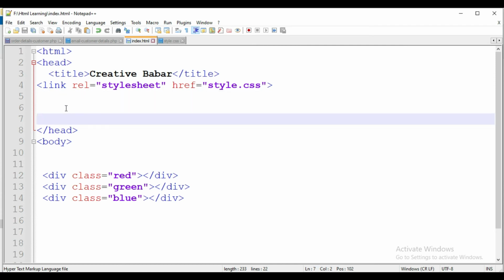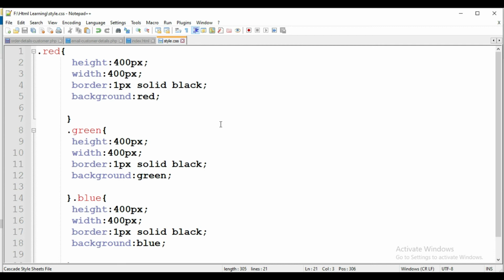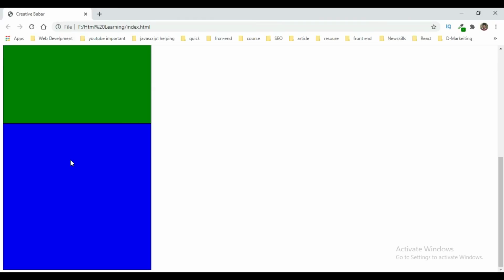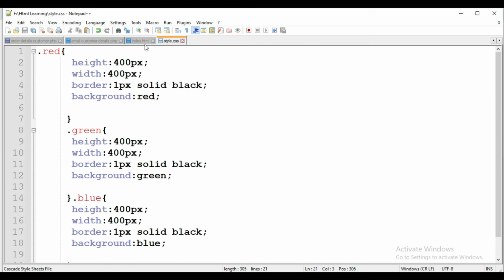It increases the size of the page and the number of lines. But if we put all the style into a new file, then it reduces the file size and number of lines, as well as giving nice, beautiful and readable coding. Now if I reload the page, it is the same, because we attached a style file with the HTML.